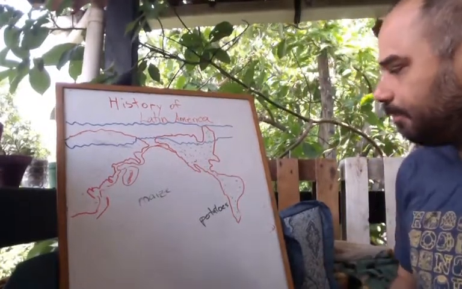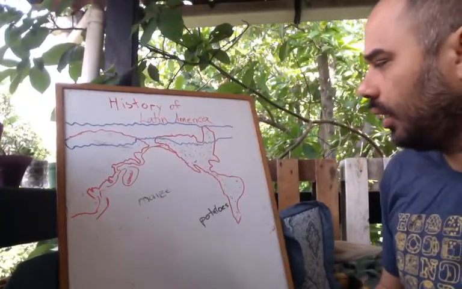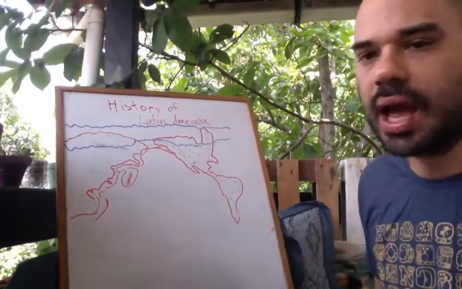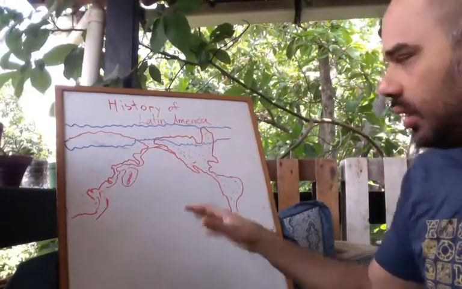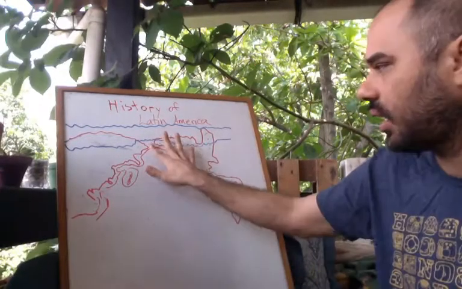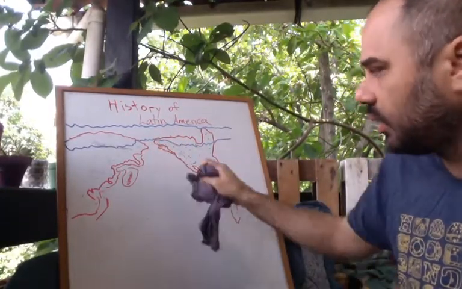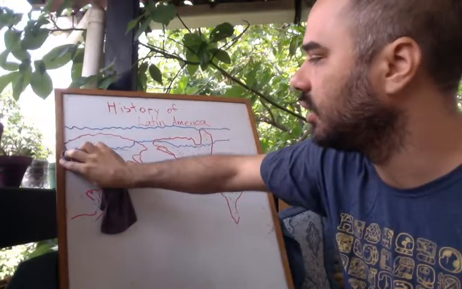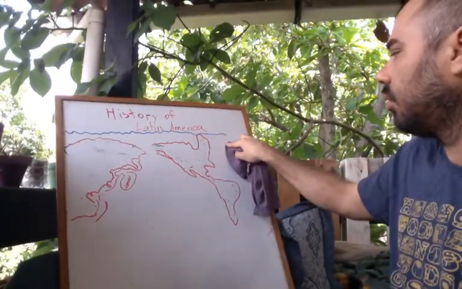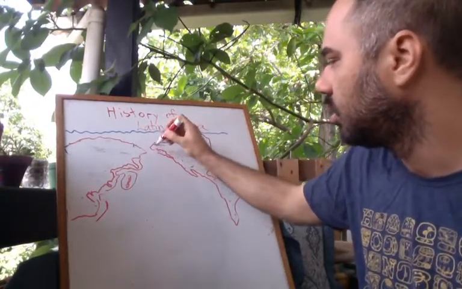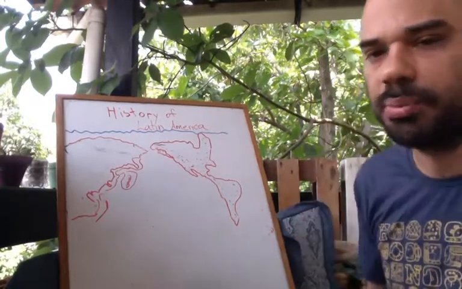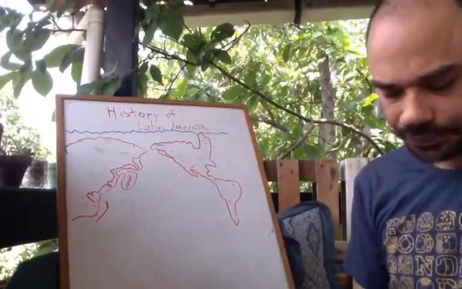Eventually, with time, some populations began, now that agriculture was invented in the Americas independently from before, because when they came, it still had not been invented. The ice thawed. That means that the ice melted, and now we were isolated once again. But we have all of these different populations all over the Americas.